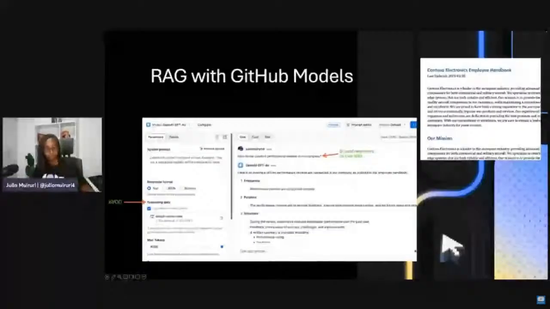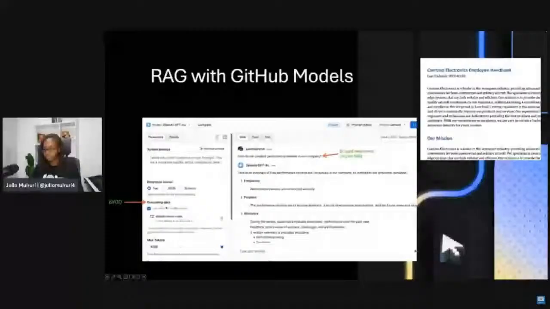The next thing we're going to talk about briefly is the concept of RAG. If you played around with GitHub models, you must have realized that it's actually possible to have some bit of RAG right there on the marketplace as you're interacting with GitHub models. So we have this grounding data section. If you are keen enough, you'll realize that you can come in here and add in some piece of data. So I just added the Contoso Electronics employee handbook that we provided as sample data.